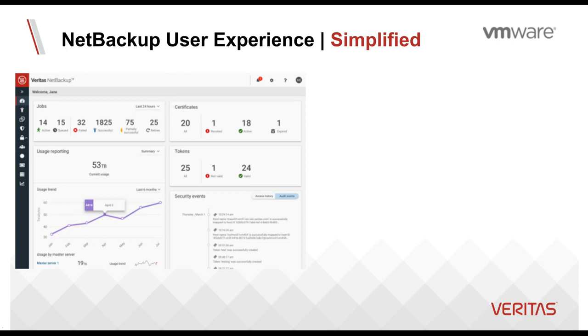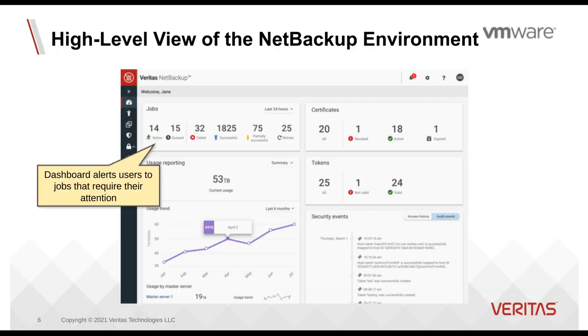In terms of VMware, it's completely agentless protection. You don't have to deploy any agents out onto your VM assets. This slide gives you a bit of a dashboard view, showing what each of these items are. So you have the jobs that require attention, there's jobs that are queued, and then